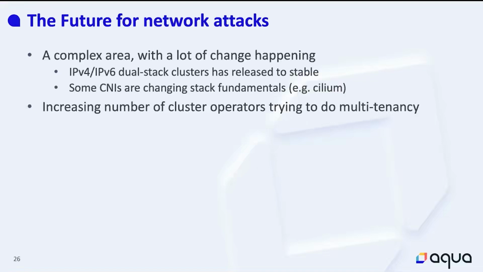The thing is, the complexity underneath, even if you try to abstract it, won't go away, right? So first of all, Kubernetes has IPv4 and 6 dual stack clusters released to stable. So that's a component to it. And then also there are lots of container network interface add-ons for Kubernetes, such as Cilium. So as Kubernetes becomes more mature, the networking part is actually becoming more tailored to specific use cases and specific type of clusters, specific environments.